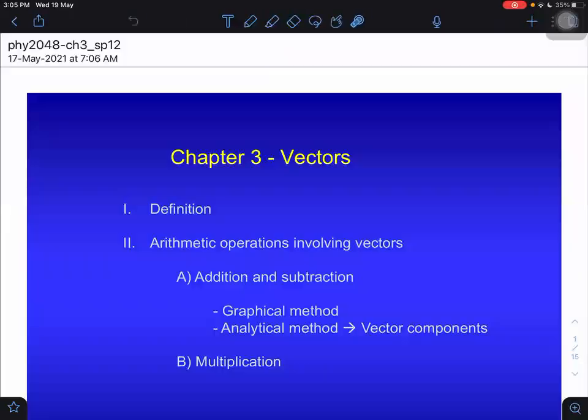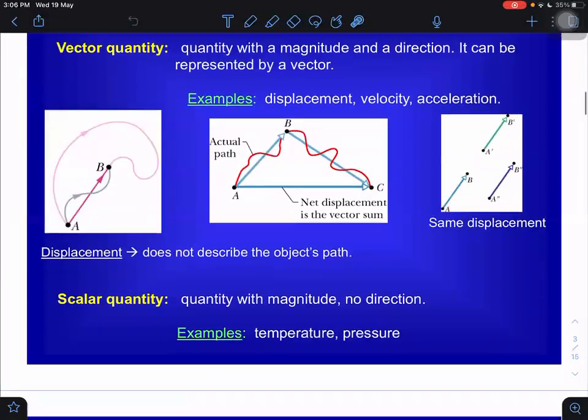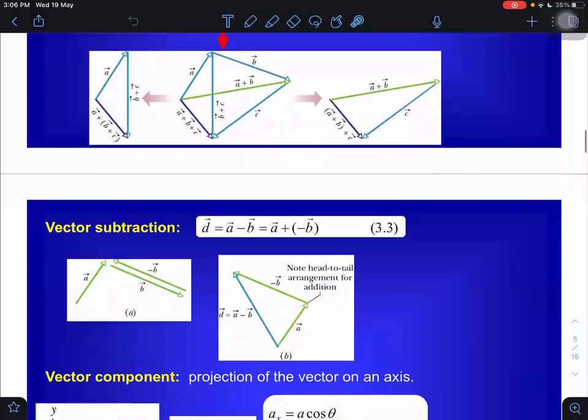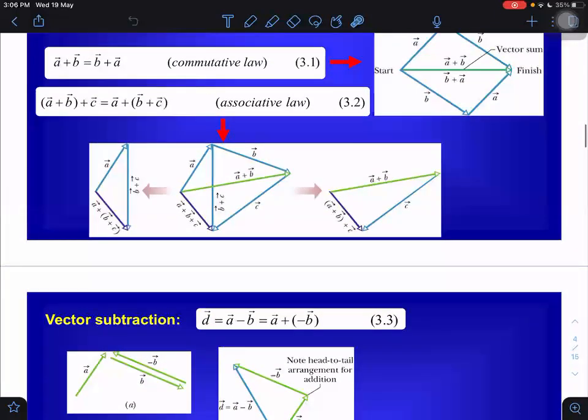So I think there is no need to waste time on this, or maybe let me see if I have one more handout that I have taken from the internet. In that they have drawn the diagram already, so let us not waste time. See this example. Associative law. This is A, this is B, this is A plus B. This green vector is A plus B. So I can add A plus B first, and then I can add C to that. Then the resultant will be A plus B plus C. Or I could separately take A, separately take B, separately take C. Then also the resultant will be the same vector, A plus B plus C.